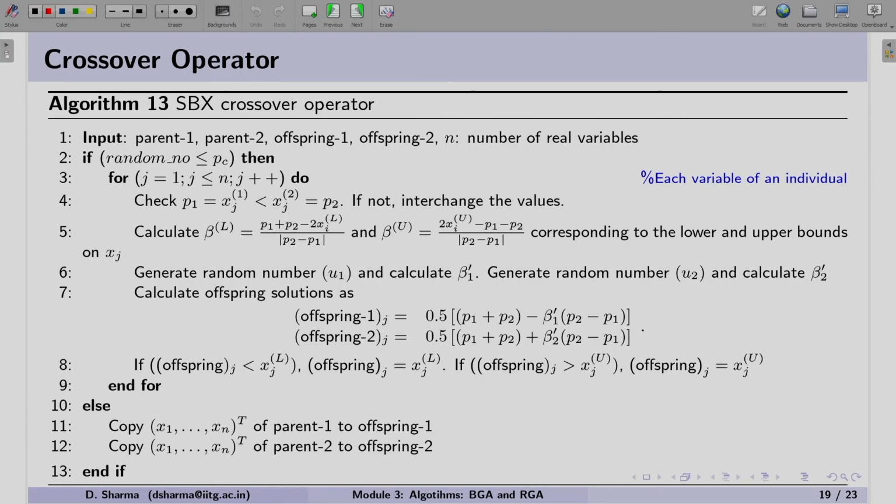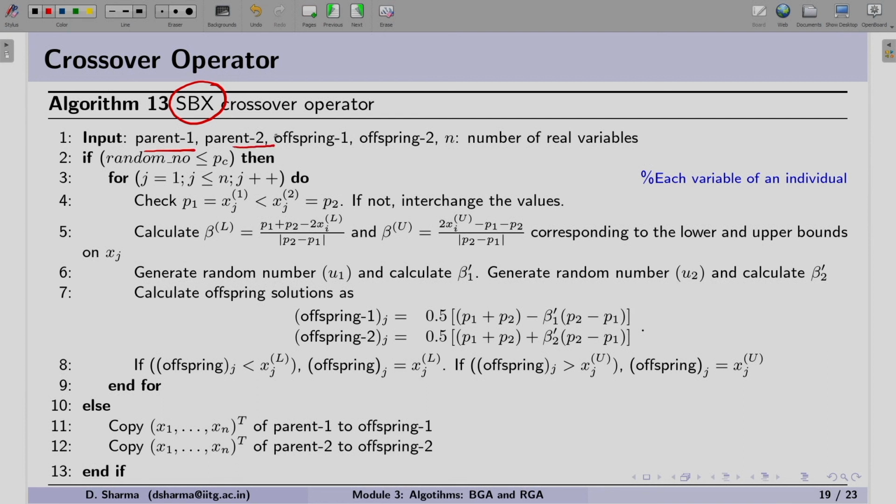Now we have come to the crossover operator. In this crossover operator we are discussing the SBX crossover operator because we have already done some hand calculations here. So input to this is parent 1 and parent 2.